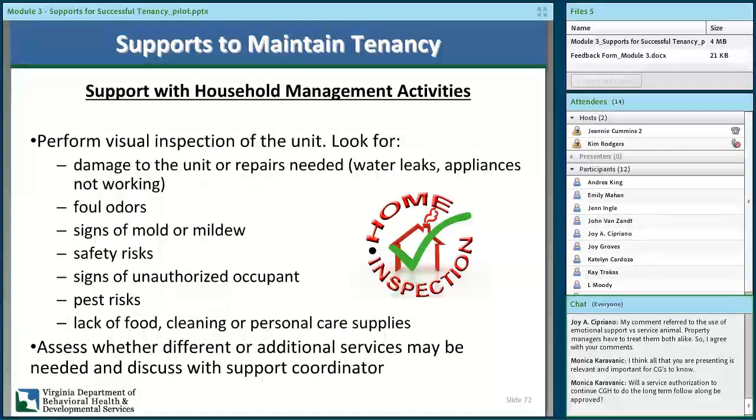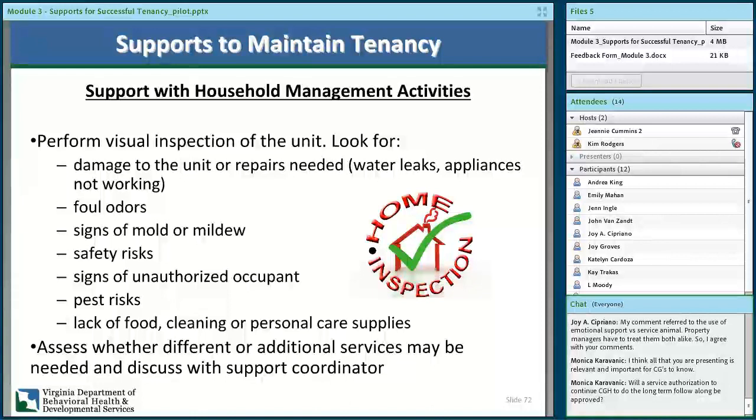In addition, the community housing guide should perform several home visits to assess how well the individual is maintaining his or her housing. During these visits, conduct a visual inspection of the unit. Here's what you can look for. Damage to the unit or repairs needed, like water leaks, appliances not working. Foul odors, for example, from rotten food, a gas leak, pet or rodent waste, mold, or even unwashed sheets or